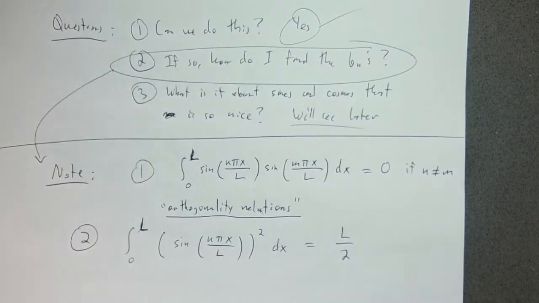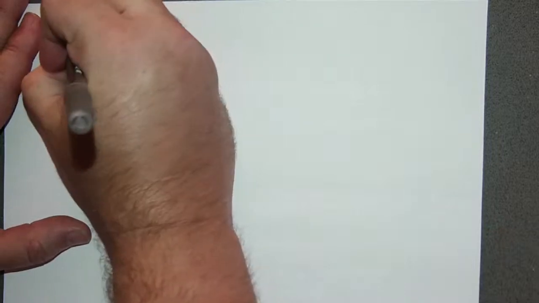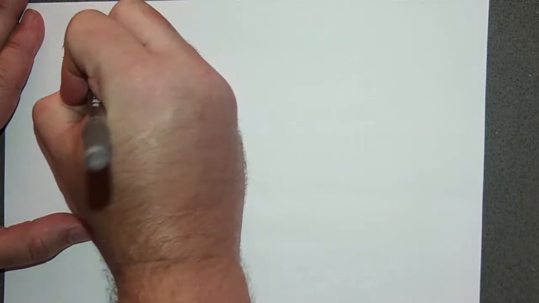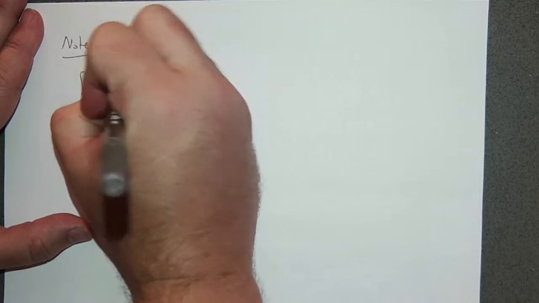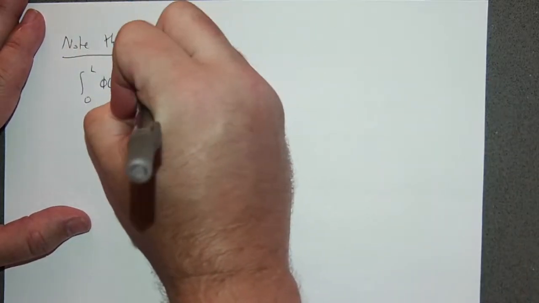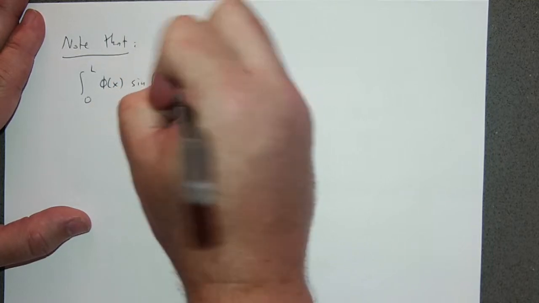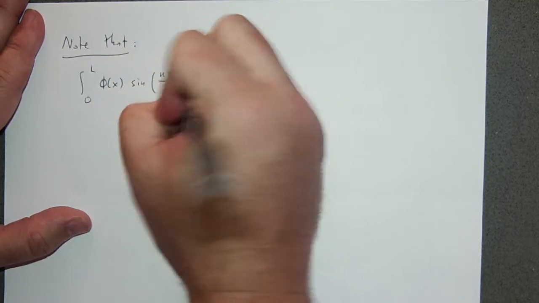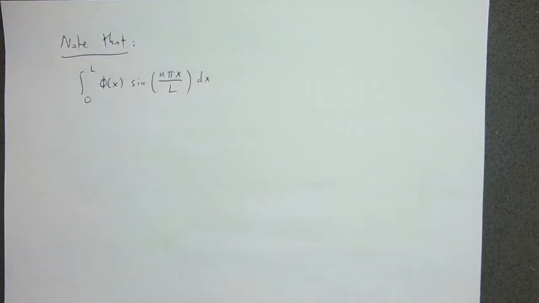Okay, so note the following. Note that if I were to integrate from 0 to L the given function phi of x times sine of n pi x over L dx, right, then